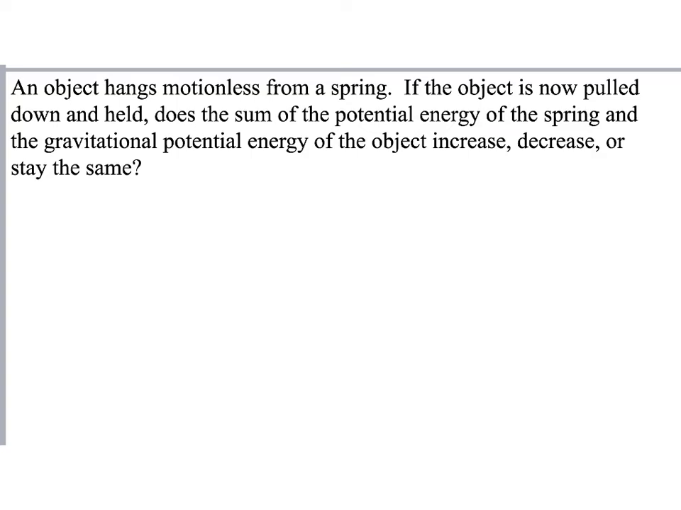An object hangs motionless from a spring. If the object is now pulled down and held, does the sum of the potential energy of the spring and the gravitational potential energy of the object increase, decrease, or stay the same? Pause the video. All right, here we go. So I've got an object hanging at the end of a spring, just like this. And then we go and we pull it down. So the question is, does the sum of the potential energy and the gravitational potential energy increase, decrease, or stay